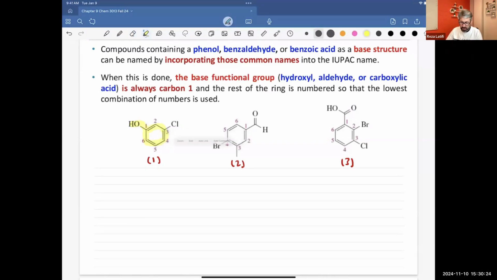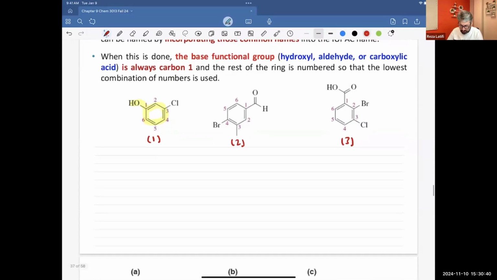This is a phenol, and so I'm going to say I have a chloro. And the chloro is sitting on the third carbon. Okay, so give the functional group the smallest possible number. It will be 1. And then from the functional group, start counting and see where you have the next substituent. I see it on the third carbon. So the correct name for it will be 3 chloro, and then the one I highlighted is phenol. So I go 3 chloro